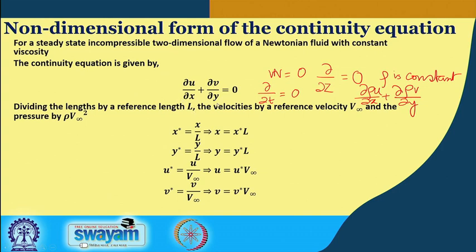Now our intention is to get a non-dimensional form of this particular equation. Now for non-dimensionality, first let us see what are the variables involved here. We have x, y, u and v. So for each of them, let us see how we do it. Now let us suppose that for the x direction, we have some characteristic length. So first we have to define some characteristic value with respect to each of the variables.